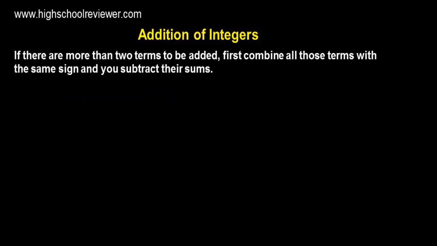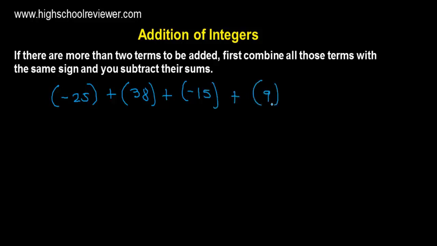If there are more than 2 terms to be added, first combine all those terms with the same sign and you subtract their sums. We have here an example. Negative 25 plus positive 38 plus negative 15 plus positive 9. We will combine all those terms